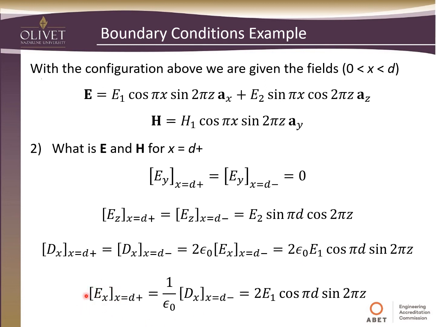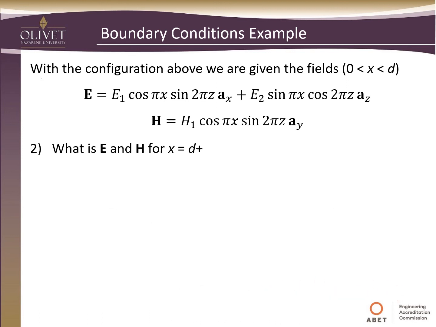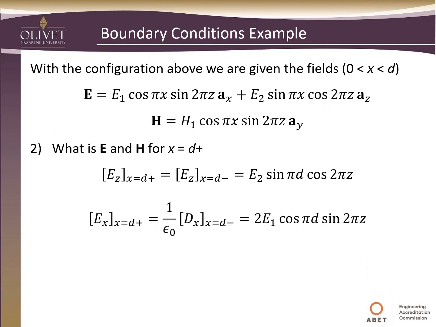Because we can get our normal component of our E field. Remember, the constituent relationship is they're related by the permittivity. So since we were 2 epsilon naught in the middle medium, when we go to the new medium, we have our displacement vector, but to get our electric field vector, we have to multiply by what the permittivity is. And when we do that, that's when we come up with this new value here. So again, we have our z component, we have our x component, so this is our tangential component and our normal component for our electric field.